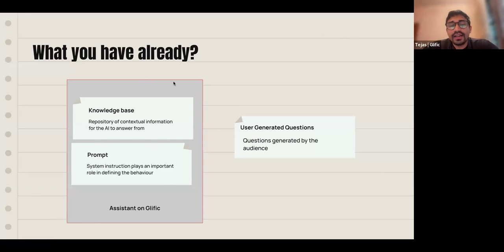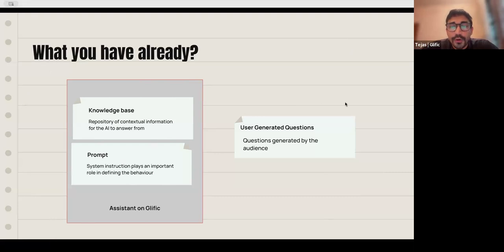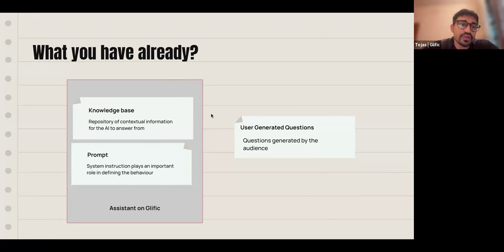Once you have this and your users start to interact with the chatbot, what you get through the conversations on your WhatsApp bot is all the user-generated questions and the AI responses this assistant has given to those users. So this is typically what we'll have, and then there is some way for your team members to look at the questions and answers and try to spot what can be improved or if anything is going off, and we hope that you have done some sort of analysis before you actually send it to the users.